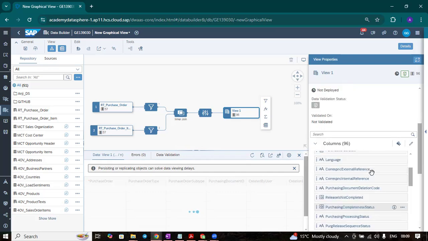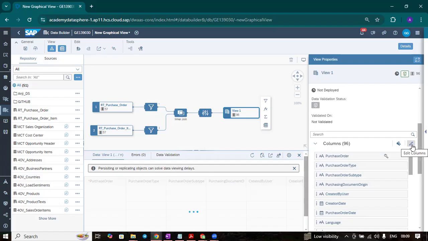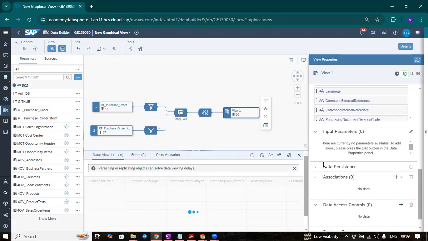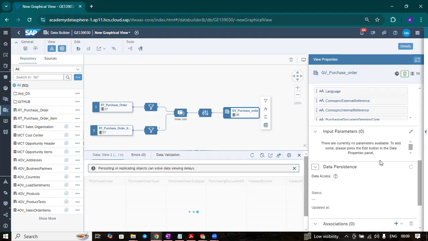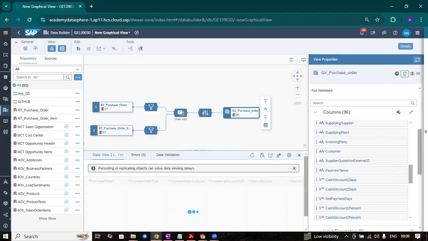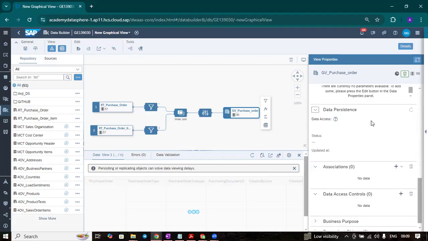And these are the columns. You can edit the columns here, but I'm not going to. And you can see input parameters, we'll see them later. Data persistency. This is a view, right? If you want to persist the data, you can do that also. But here the options are not showing since we have not saved and deployed this. Once you save and deploy, you will see the data persistence options. You can physically store the